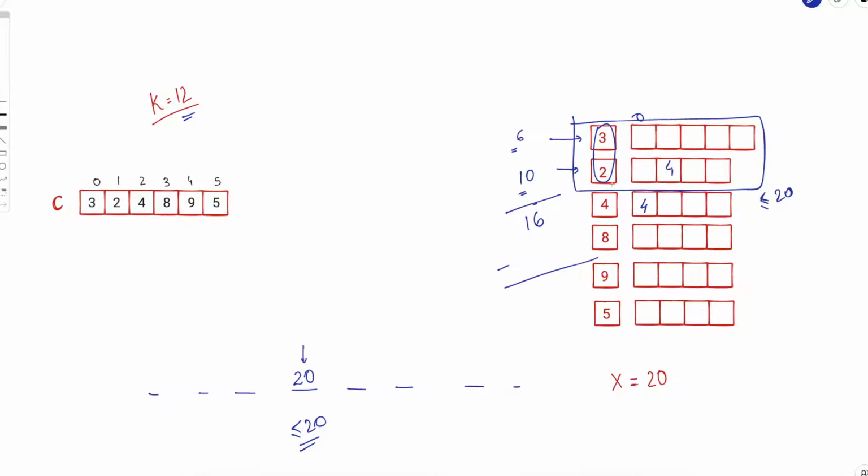So LCM is 6. Now how many elements are there which are multiples of 6 and are less than 20? Answer is again 20 by 6. You will get 3. So there are 3 elements which are smaller than 20 and are a multiple of 6. So in total there will be 13 unique elements which are smaller than or equal to 20 and which lie either in the first or in the second array, right? So once you get this 13